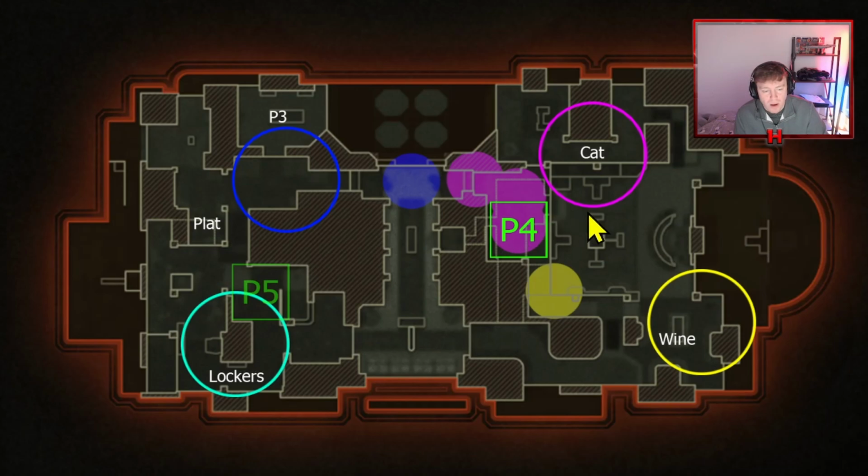Now, if you block catwalk and wine, the enemies, as I say, will spawn P3 and platform, but you can also block P3 and platform spawns by being pushed up this side towards P4. You can be in lights, you can be like glass, you can be in that general area, and that'll essentially spawn the enemies all the way over here towards lockers, which you're going to want to try and achieve again because it's so far away from P4, and they've got to run across all this map to get towards the objective, rather than